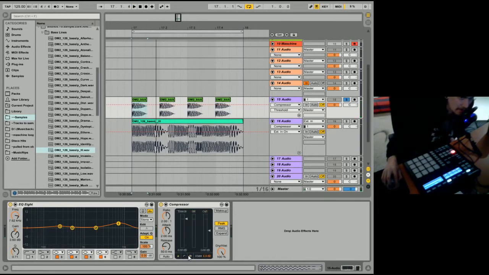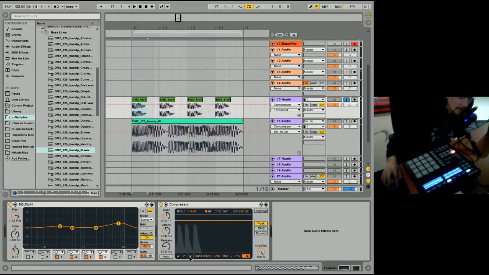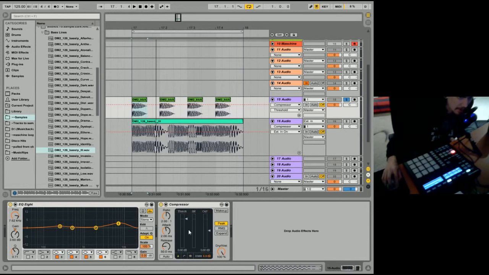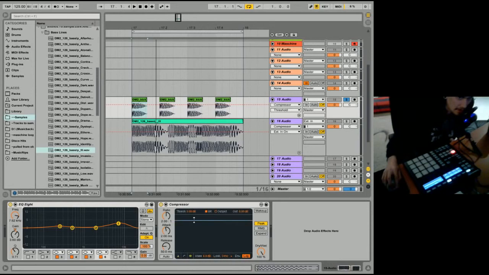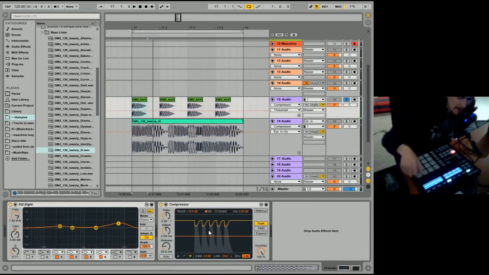If you go to this option here, same thing. This marker is the threshold, and you can see the threshold right there. It's the same thing as this threshold. So bring it down. You can see it's like someone automating the volume automatically, and this is gain reduction. So what you're going to do,